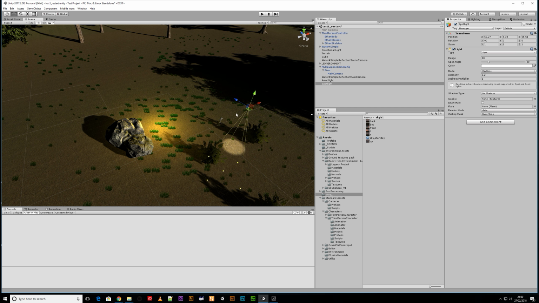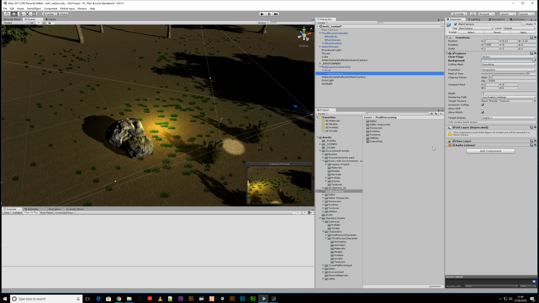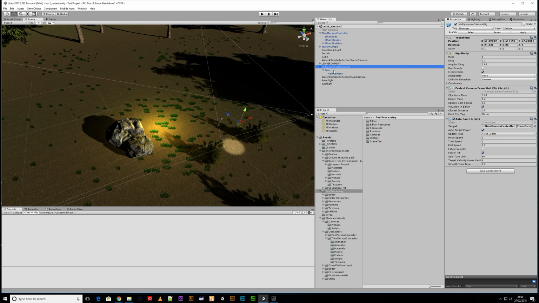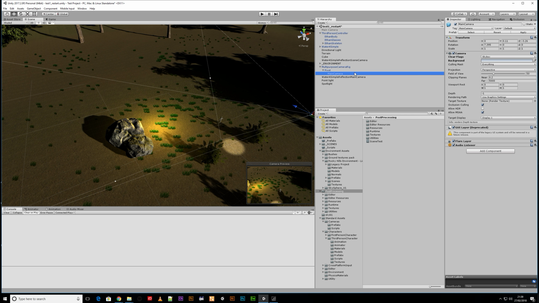And the other thing I mentioned about bringing in was a post-processing stack, and that's just a series of effects. And the way that you add them is on your camera. So if you're using the camera rig, it's actually the camera that you want. It's the game object with a camera component. Click on add component, and